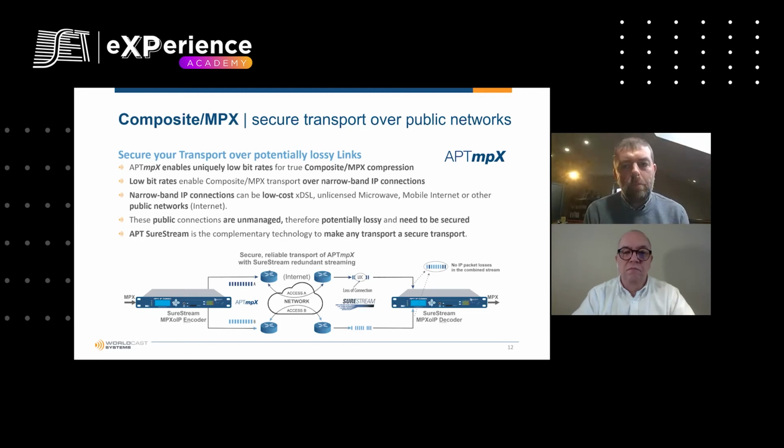We send the APT-MPX composite signal across 2 divergent links, and then we use an advanced resequencer at the far side to reconstitute any dropped packets that have occurred on either link, thereby having a 100% lossless composite link at the transmitter